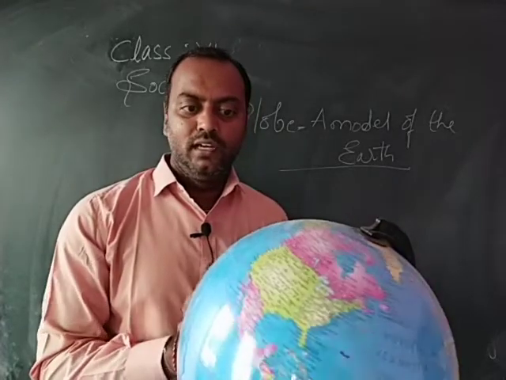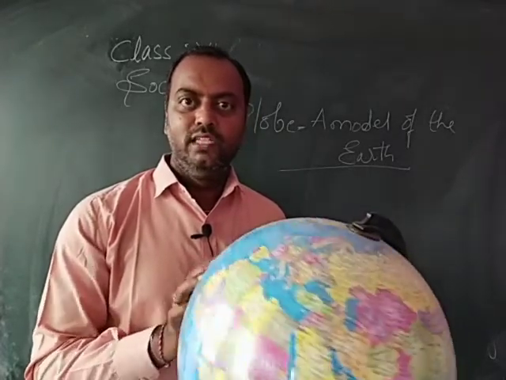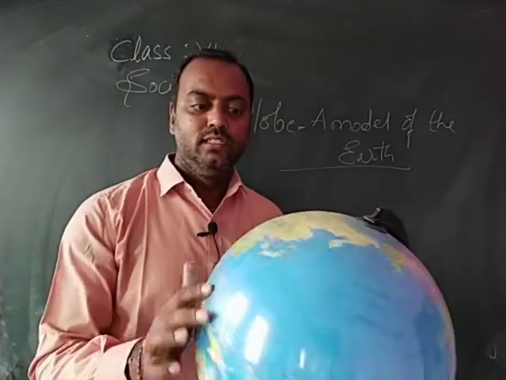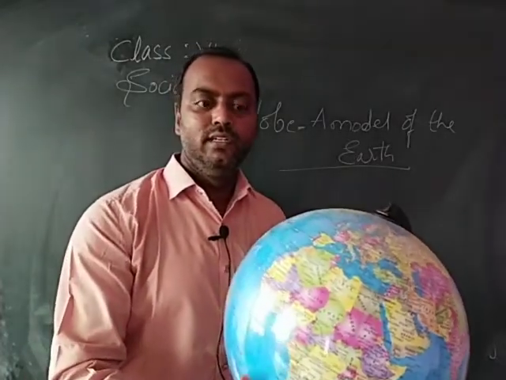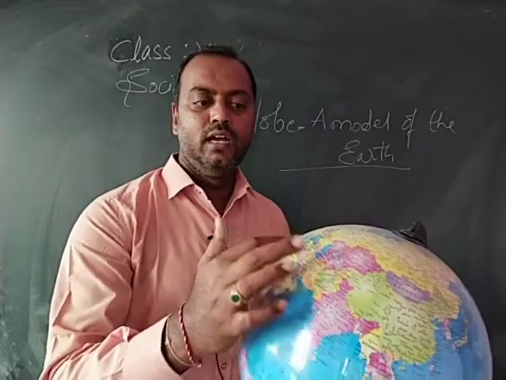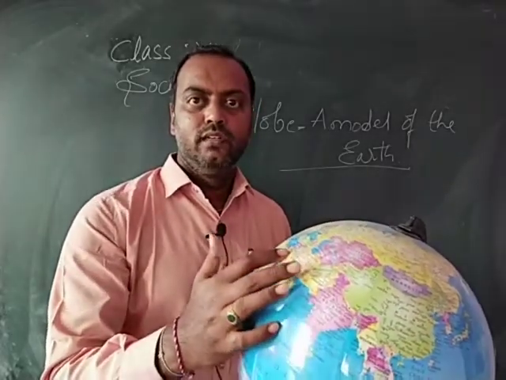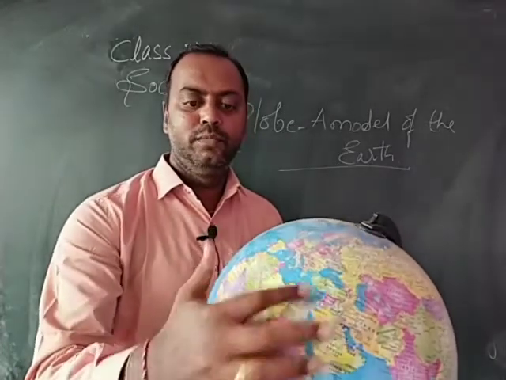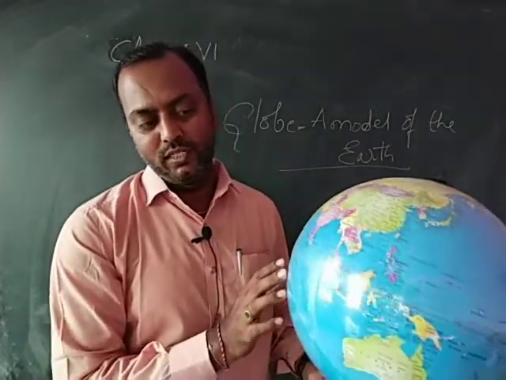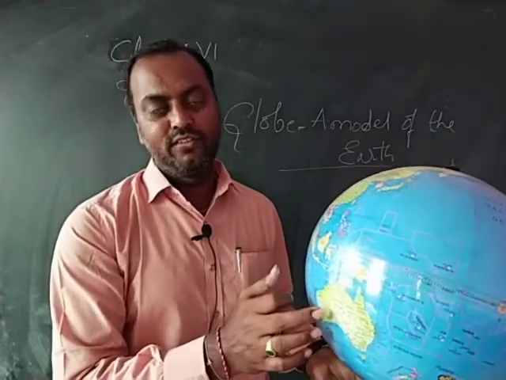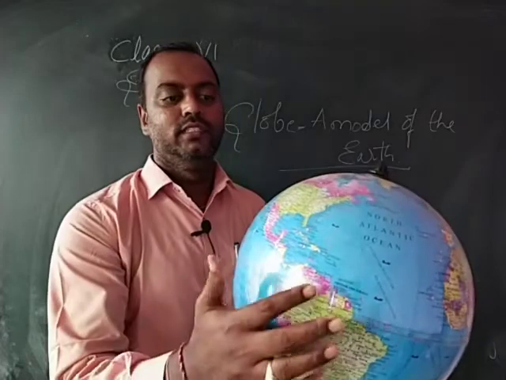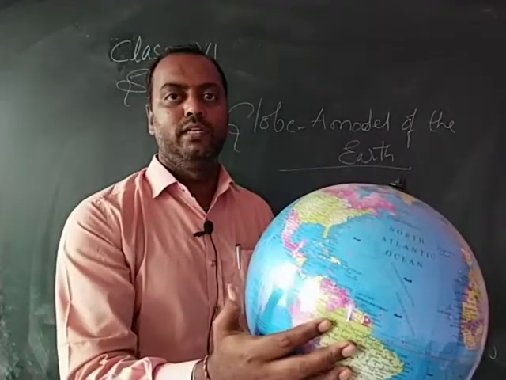So you can observe here, yesterday we learnt about the 7 continents, and we learnt about 5 oceans. These are the continents. Can you see? This is Africa. This is Asia, the biggest continent of the earth, and this is Europe. You can see the smallest one, Australia, and here come North America and South America.